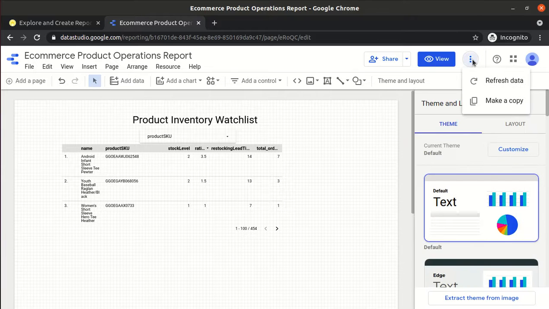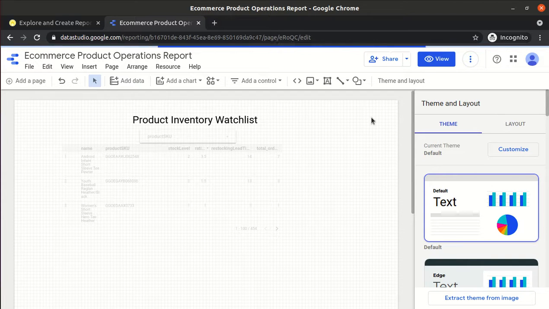One option is to just refresh the data here. Okay, refresh the data means, let me refresh the data.